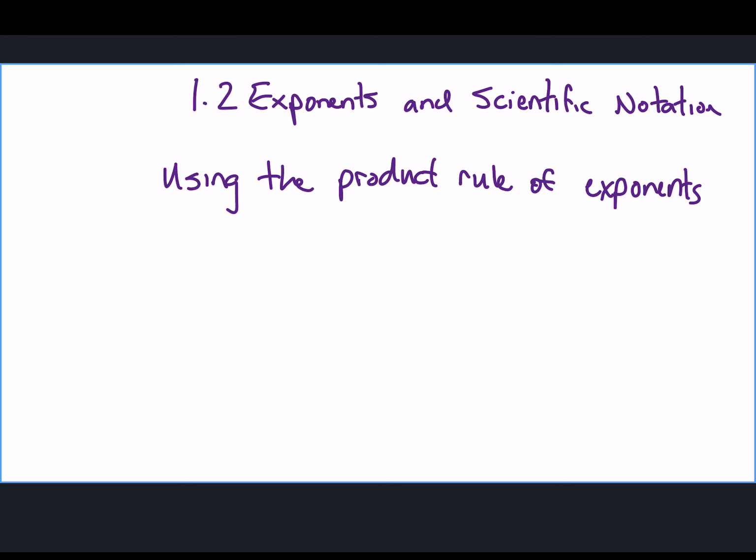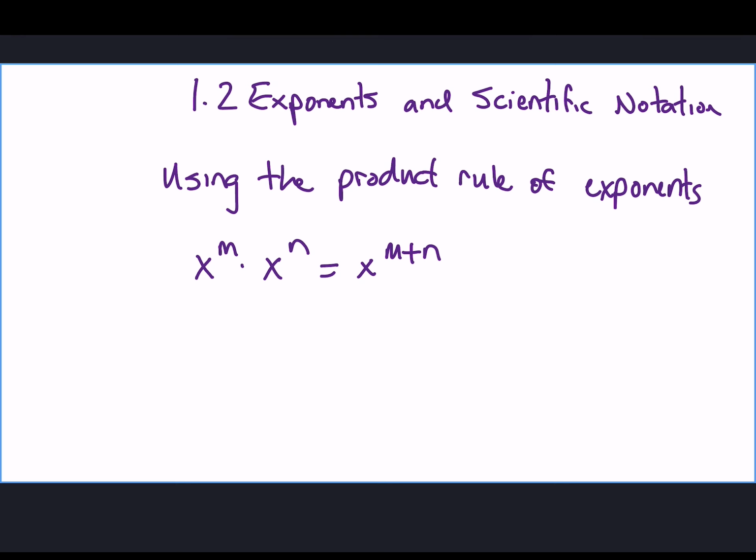So the product rule for exponents says that if I have an exponential expression, x to the m power times x to the n power, that's equal to x to the m plus n